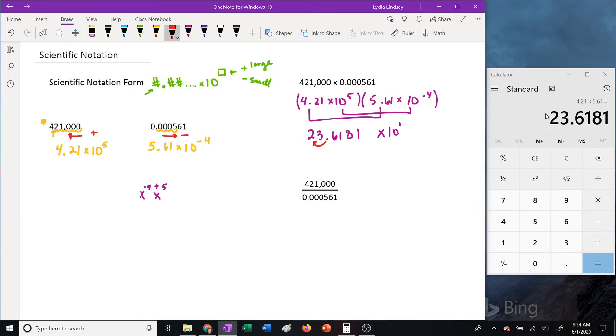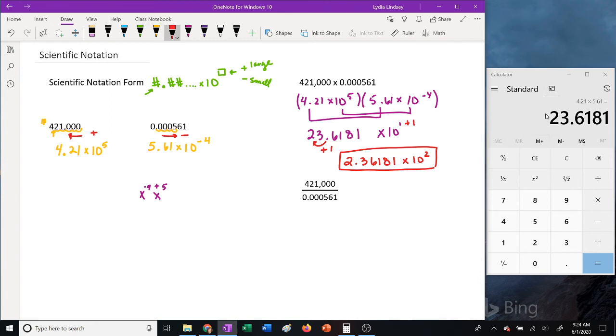So I think along those lines and say I need to move this guy to the left. So I'm moving him in a positive direction one place. So I'm going to add 1 to my exponent, and then I can move him so he's in the proper form,